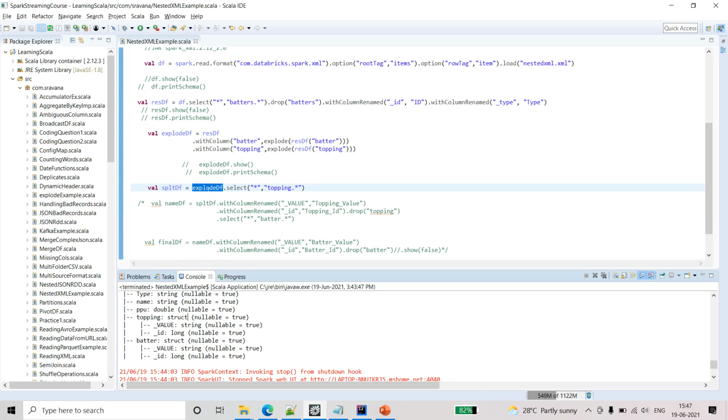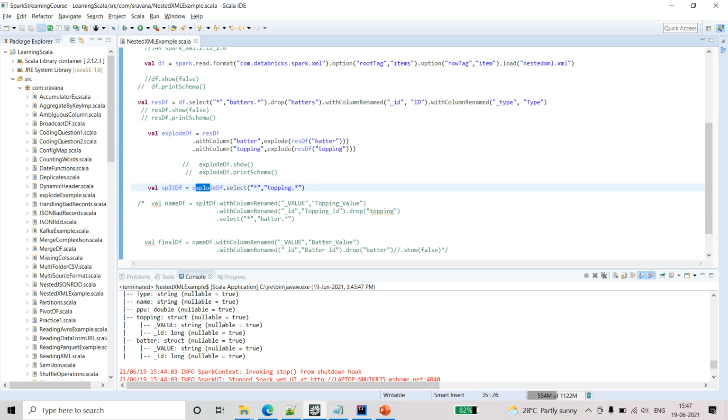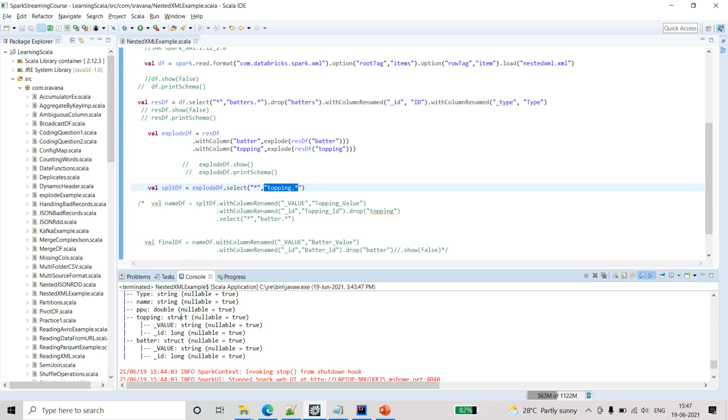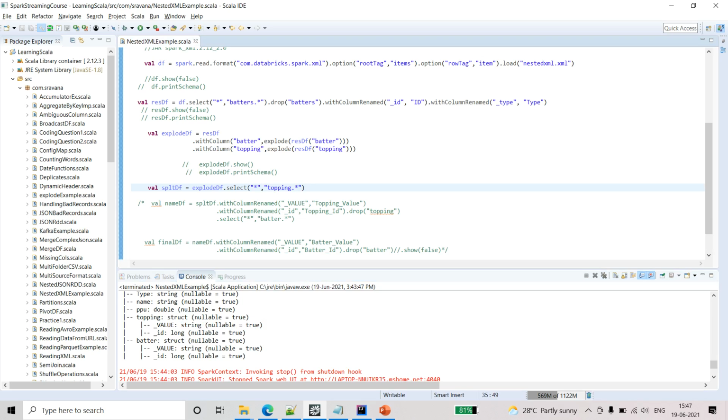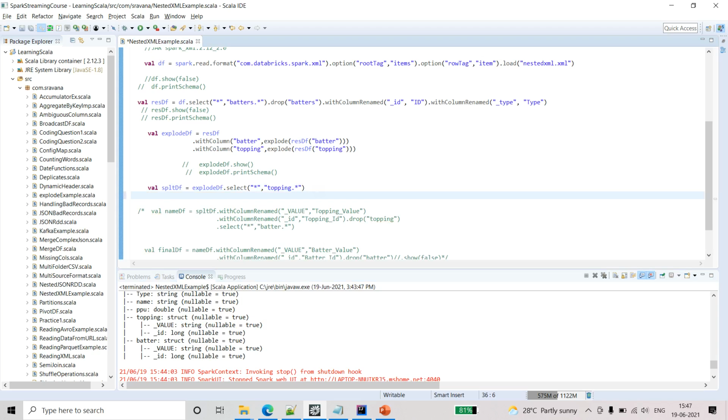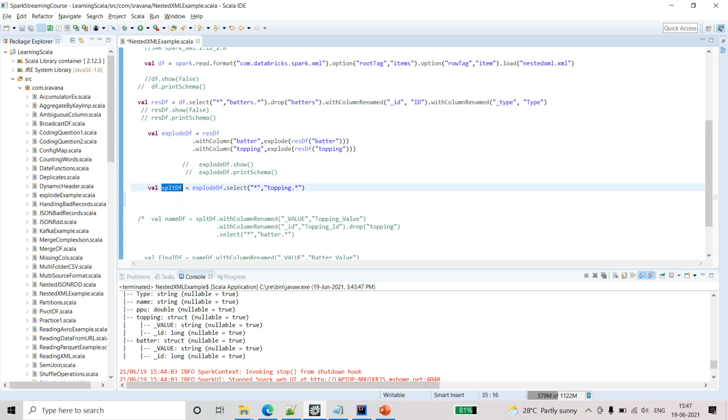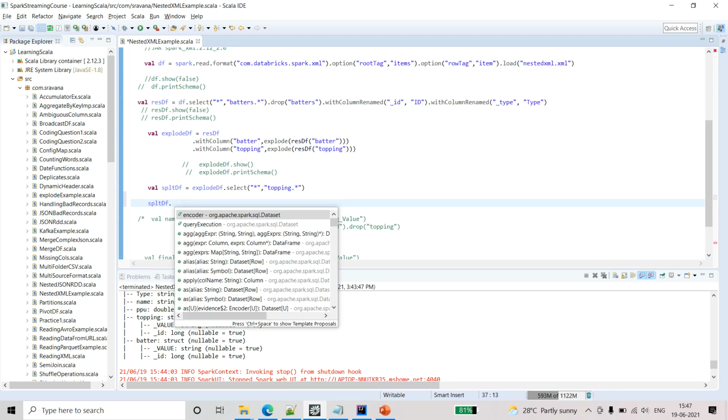So for that, first I am selecting topping, because topping here is a struct. Now struct types can be directly read using the dot star method in Spark SQL. So let me print this and show you the output.